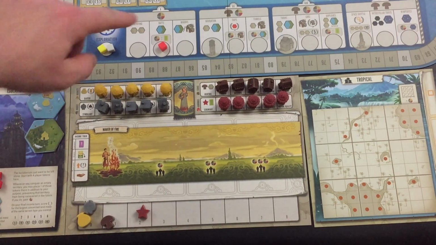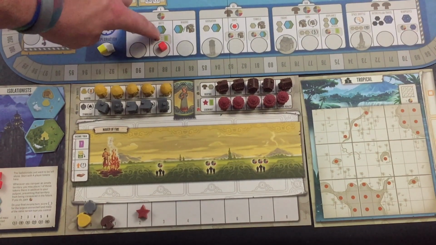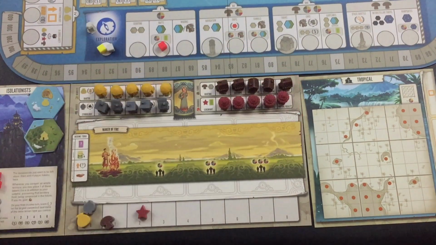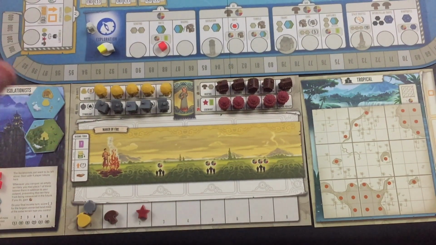Okay, so then there's a possible bonus here. I can spend any one resource and get another Tapestry card. But this is the Tapestry card, and I'm pretty happy with this one. I don't see any reason. I think I can find better uses for my resources, so I'm not going to do that right now. So we're going to go on to the